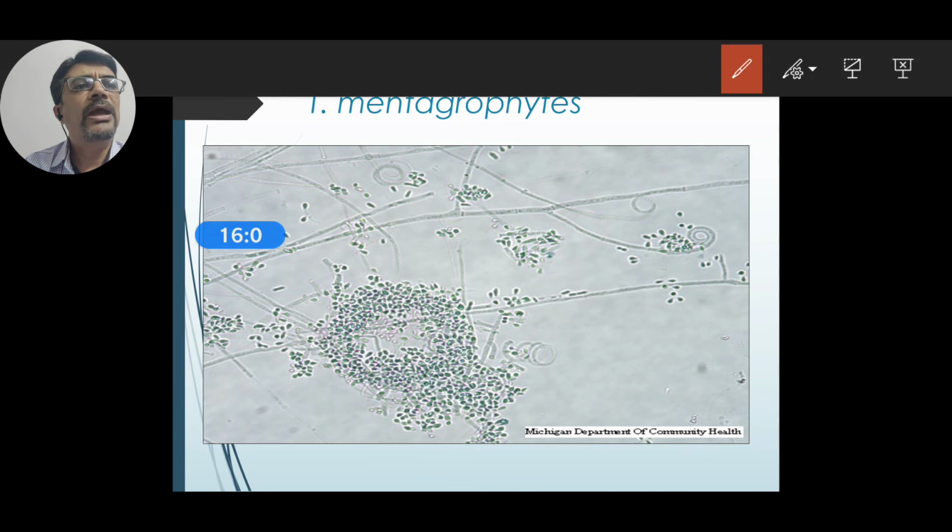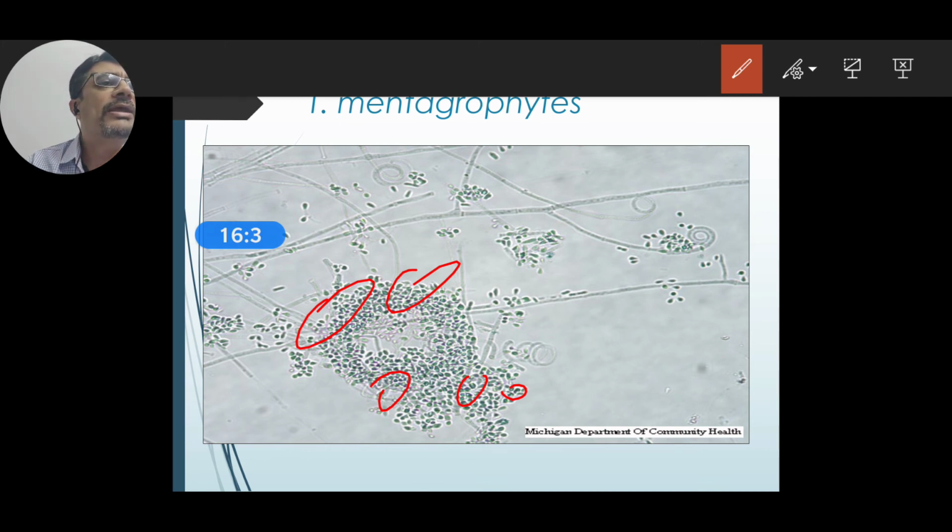So here I just show you these small dots, which you will see numerous dots are there. So this is abundant microconidia. Clear? So plenty of microconidia is there, but rarely you will see macroconidia. If it is there, it is a cigar shaped macroconidia.